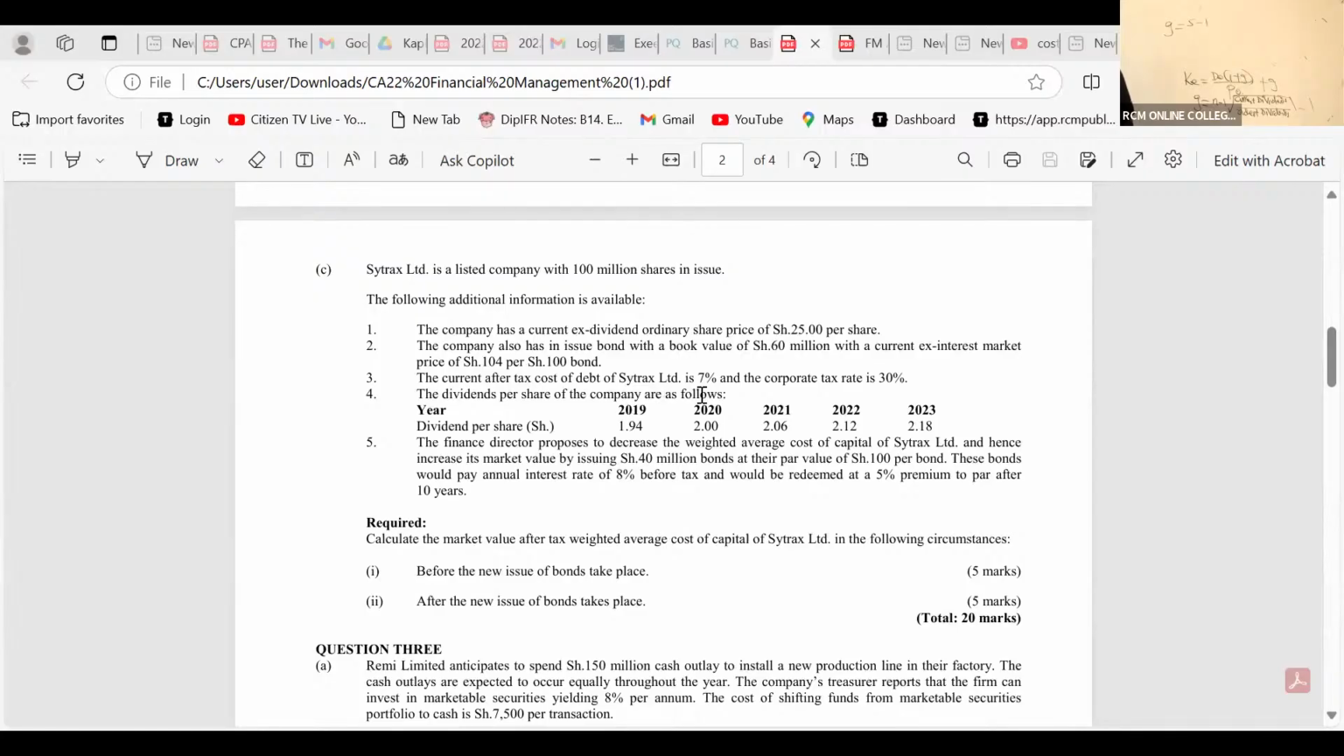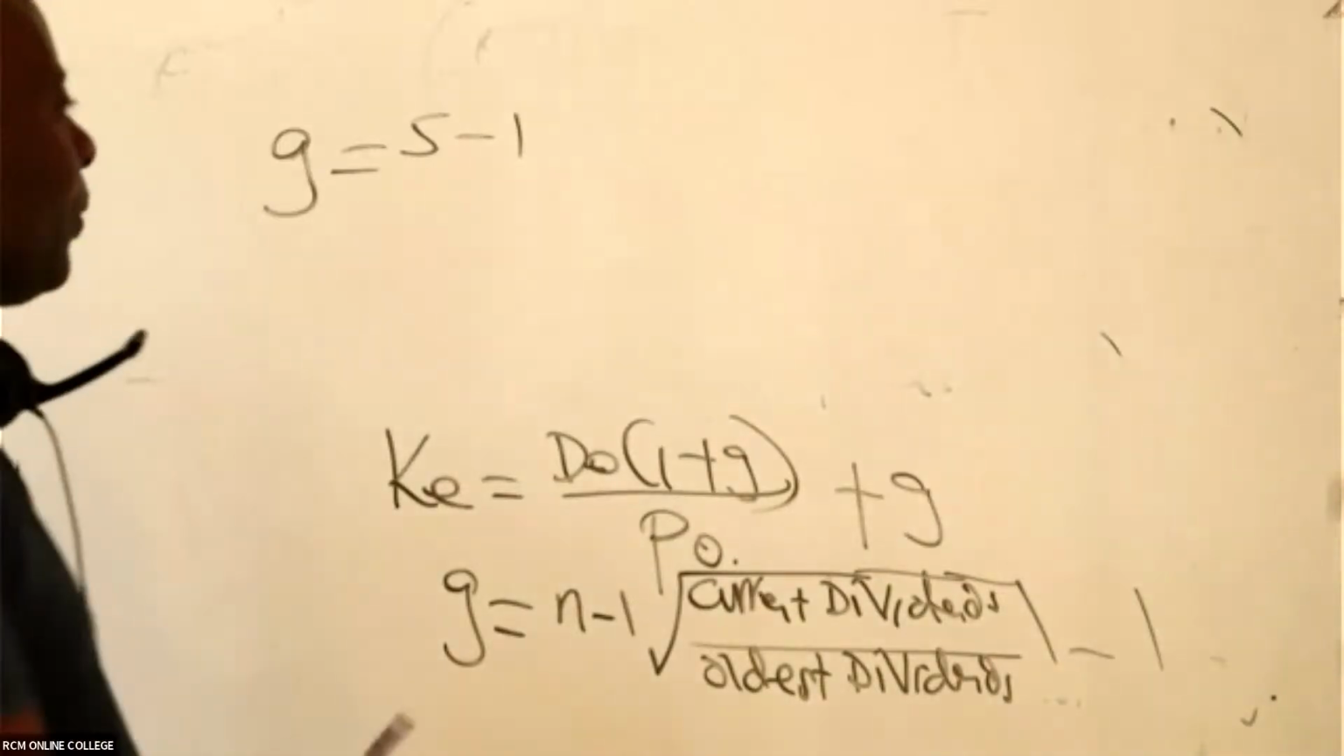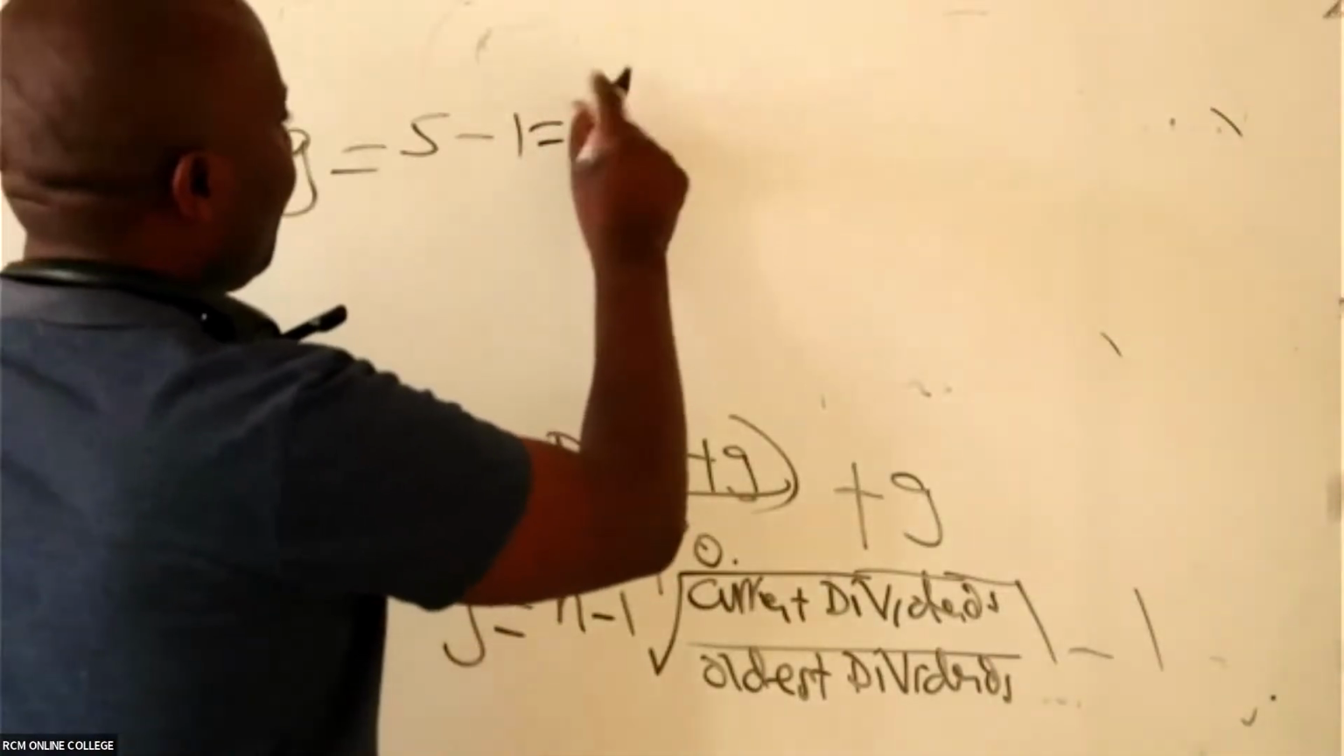Because you're looking at years in between. When you're getting growth rate, you take this divided by this minus 1. You're going to lose 1 year anyway. So these are supposed to be 4 years. So this is 5 minus 1, which is 4. So this is the 4th root